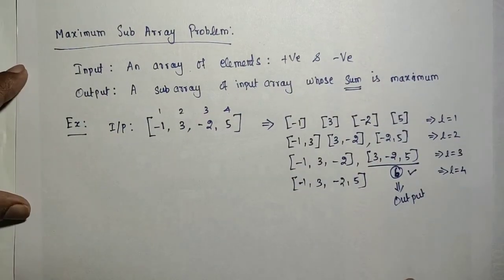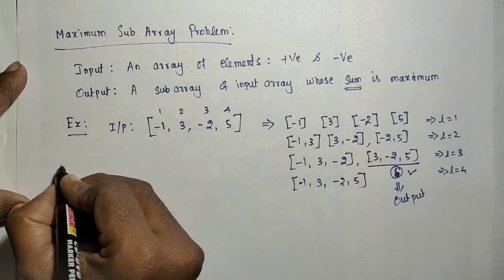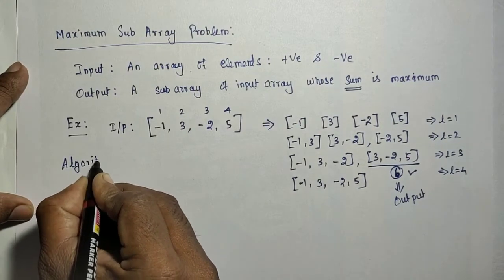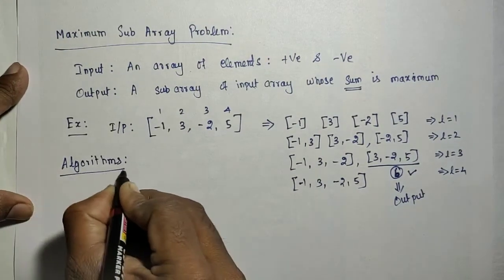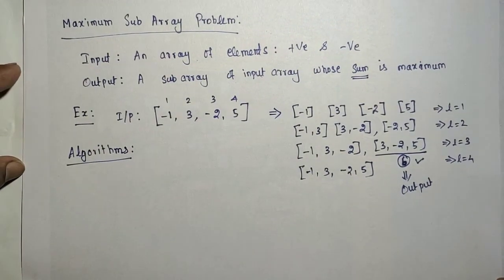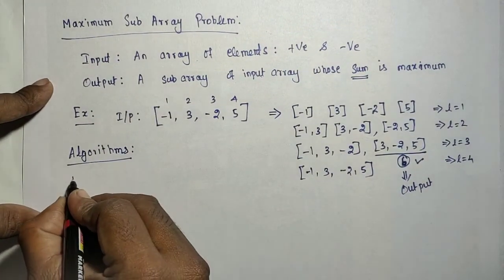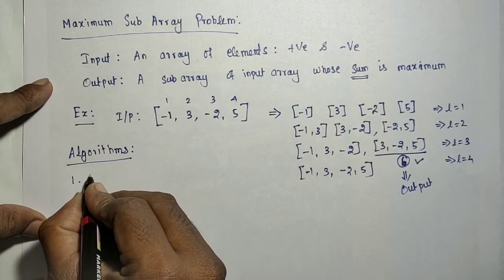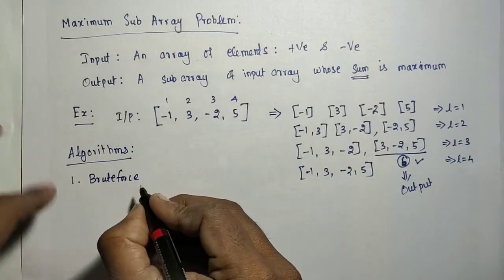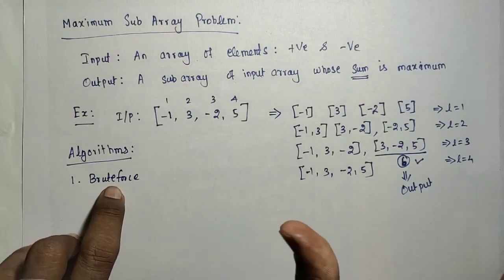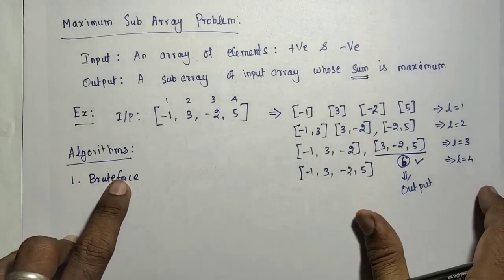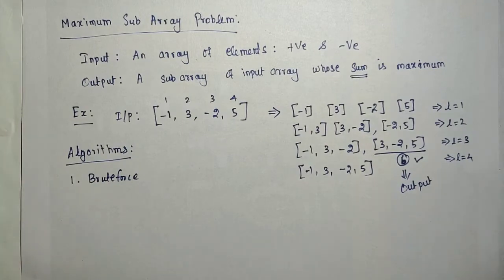So we are going to discuss 4 algorithms for the same problem, with different complexities. Okay, 4 algorithms exist, and we'll analyze their complexity also. The first algorithm is the brute force method. Brute force method means we will look only at obtaining the result. We will not concentrate on execution time. It will give the correct result.